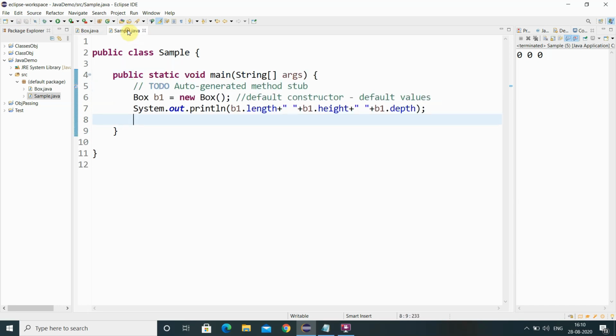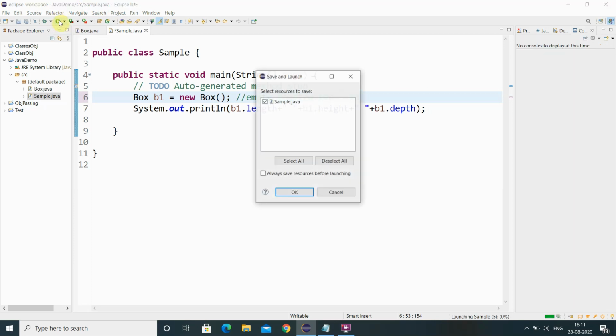So now we have written a user-defined constructor to initialize all the data members to 10. Now whenever I create the object, my default constructor is not called. Instead, the empty constructor I created, which initializes all my values to 10, is invoked.